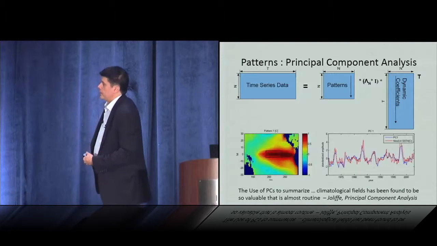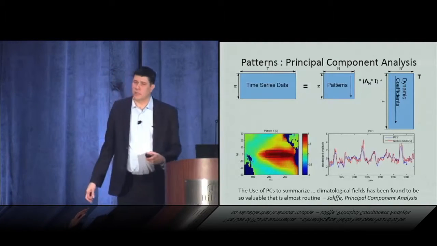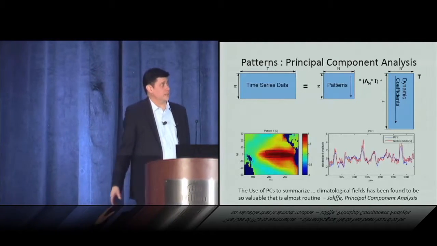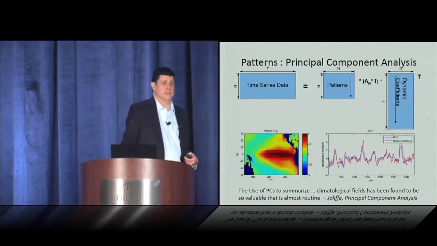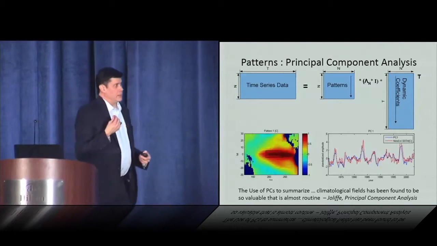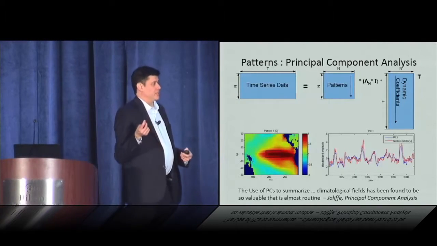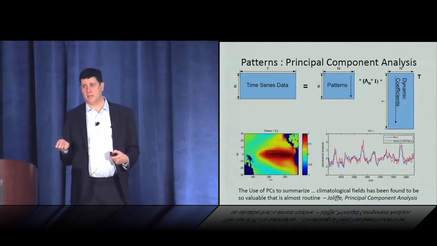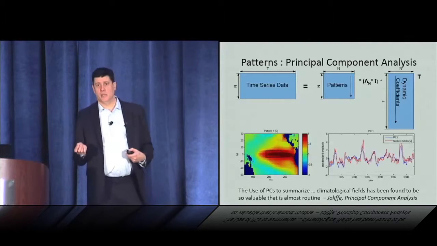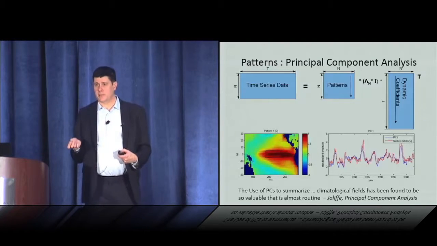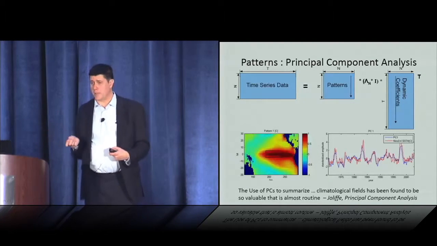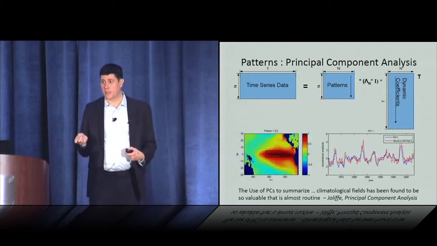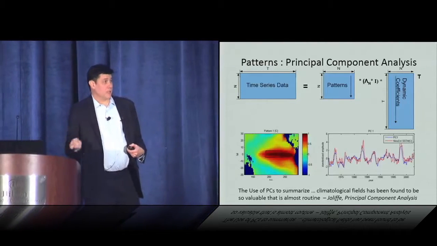So moving on to another analysis technique, something I actually think I just saw in the last slide, called principal component analysis. It's a very deep field, but basically it's something that gets used in tons of disciplines. It has high value. It's used almost routinely. So our approach is that what's good enough for climatology and neurology is probably good enough for security as well. We have seen that proven out.